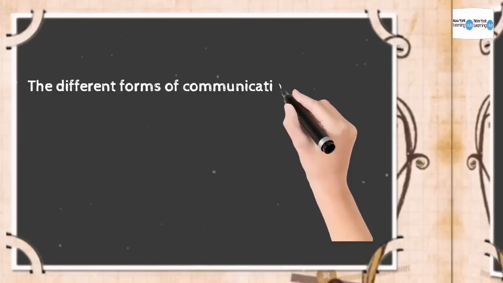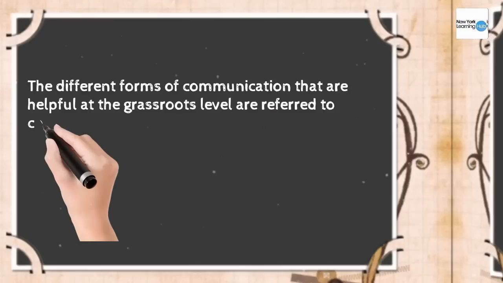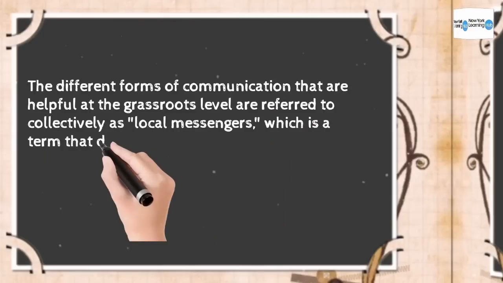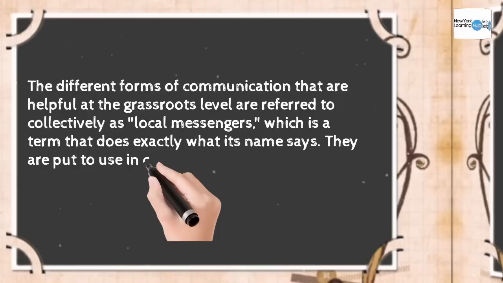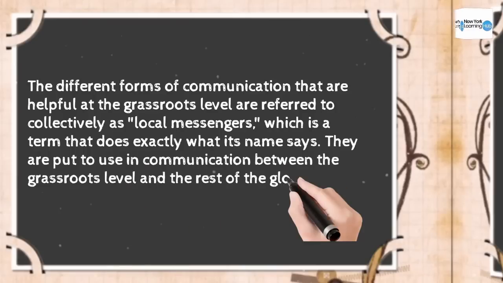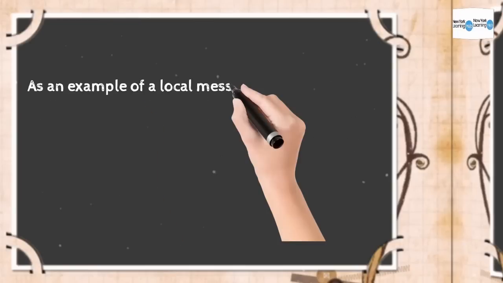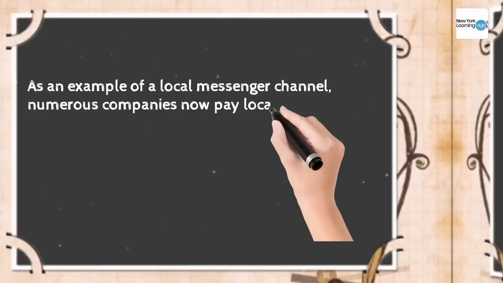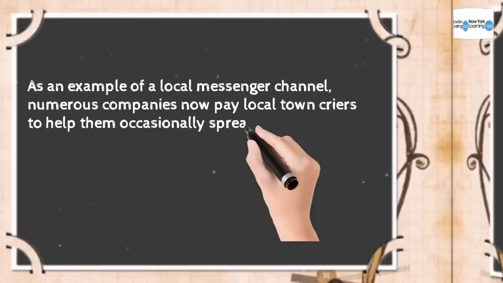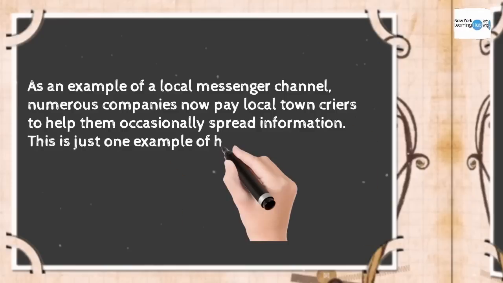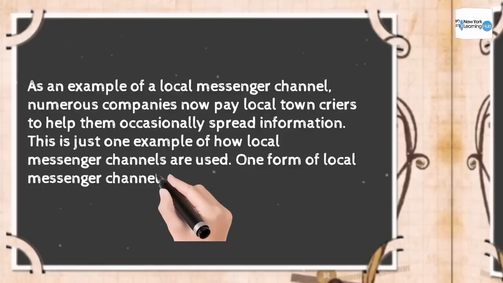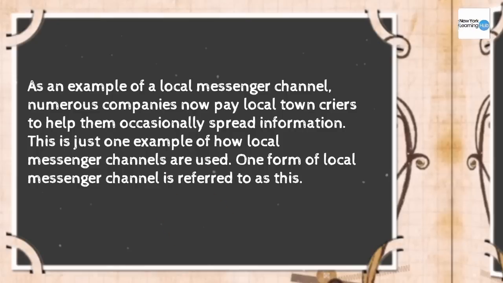Local messengers. The different forms of communication that are helpful at the grassroots level are referred to collectively as local messengers, which is a term that does exactly what its name says. They are put to use in communication between the grassroots level and the rest of the globe. As an example of a local messenger channel, numerous companies now pay local town criers to help them occasionally spread information. One form of local messenger channel is referred to as this: